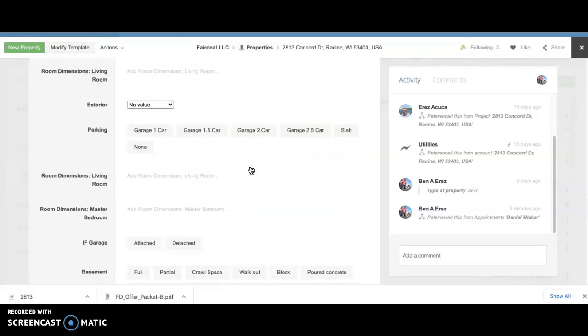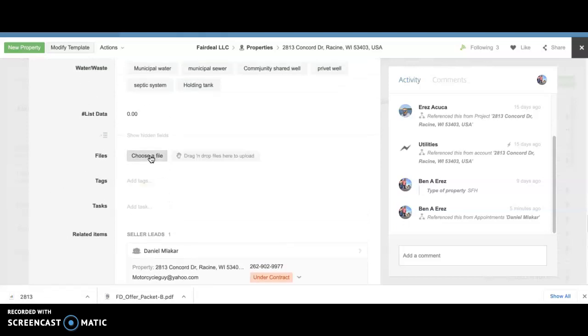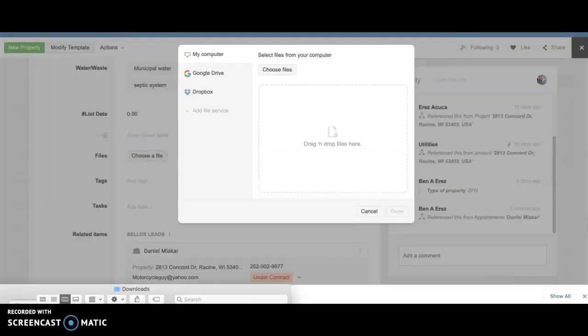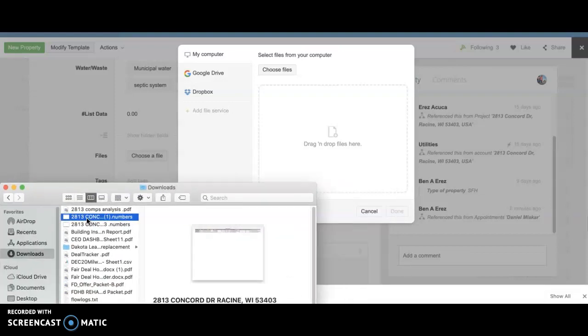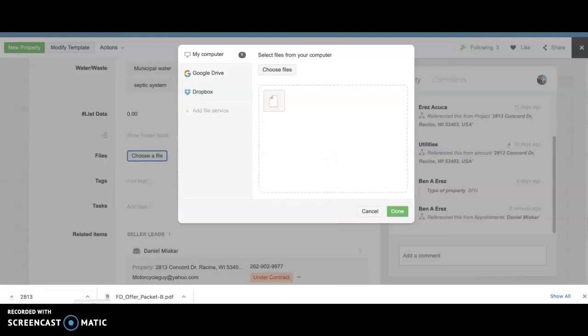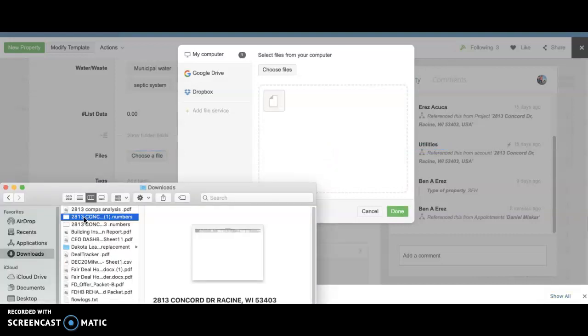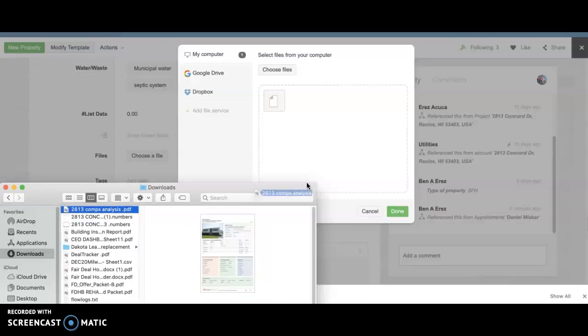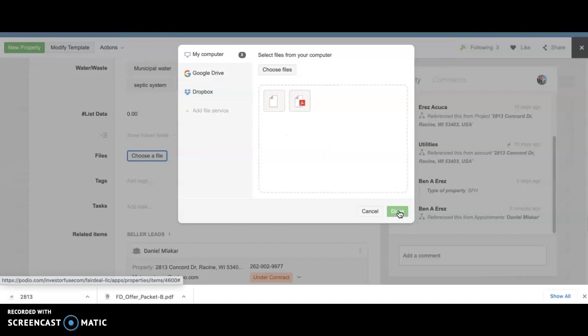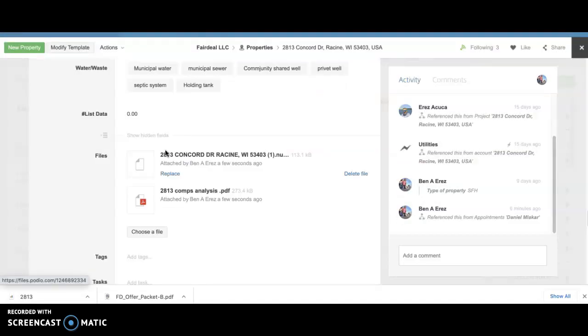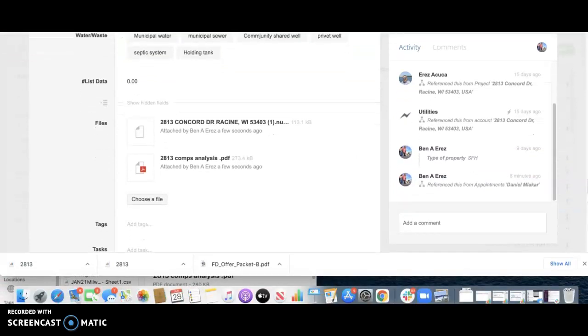Acquisition will come here into the files section, and we'll add the files of the comps. This position can come here, or anyone else can come here and look at it at this point, and also